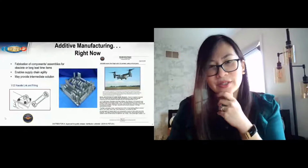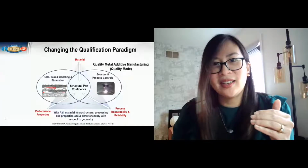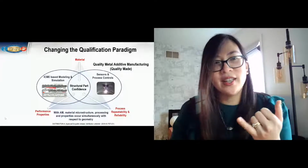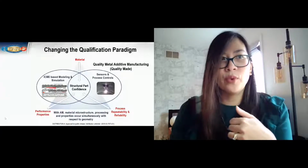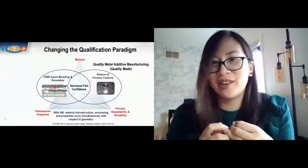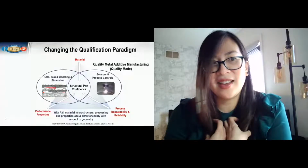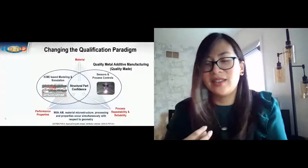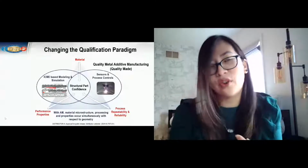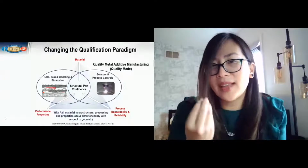Conventional qualification and certification really is built upon the idea of building an understanding of our process repeatability and reliability, an understanding of our performance properties, and an understanding of our material. So I'm a metallurgist at heart, and all these things are very much linked to build our structural part confidence. But we don't always have that time